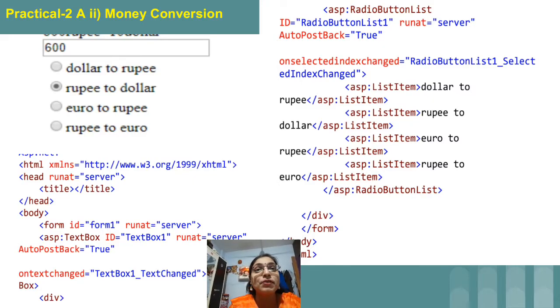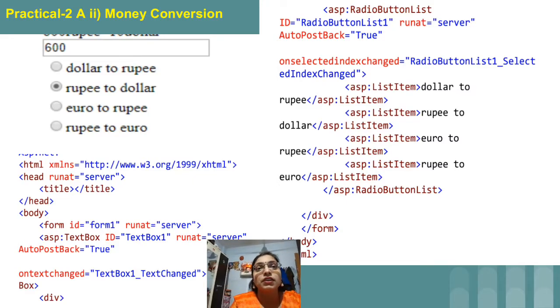Otherwise what will happen is, if you have clicked on the first option, dollar to rupee, you will get the output, and again when you try to click on other options, you will not get any error message, but you will get only the answer which you got for dollar to rupee. So why do we have this auto post back property? There is again a theory question on this. This is actually part of the second chapter,